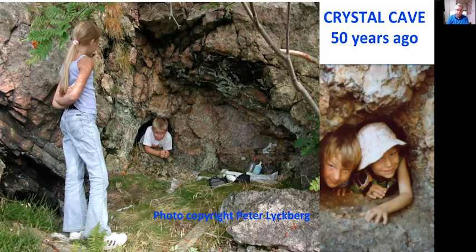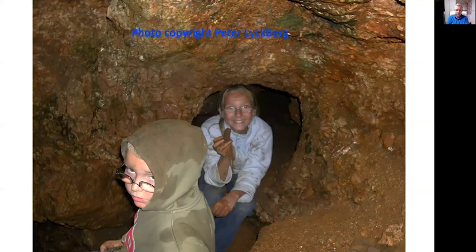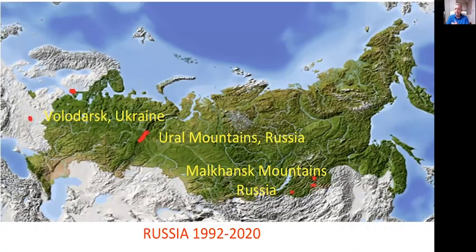And this was a photo from the very first cavity I found 50 years ago when I was 8 years old. The picture on the right is taken 46 years ago, and the left is 10 years ago, something. Now, I started studying Neolithic pegmatites in Scandinavia and then further out in the world. And this is how it looks when you find a pocket under the tree roots. And here are my children participating in digging a pocket with only quartz crystals, but a very interesting study from the